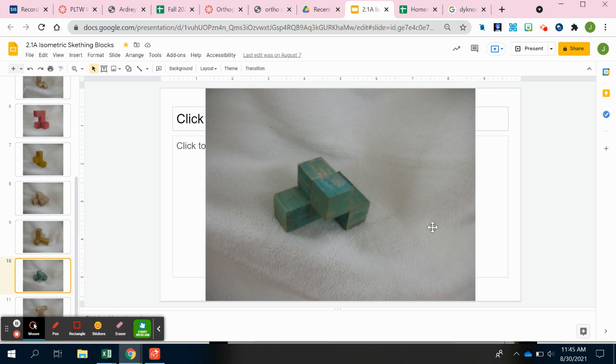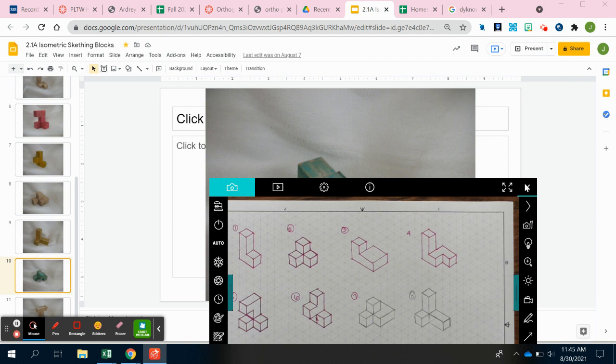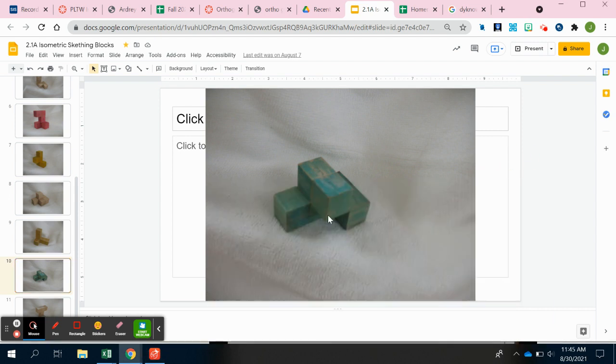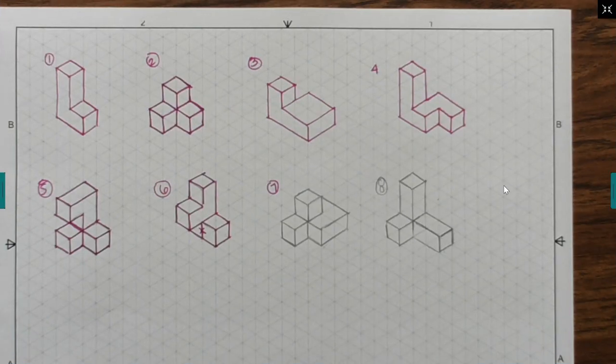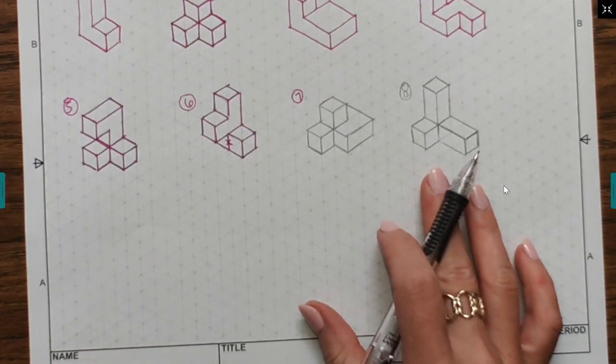9 looks like this. 9's a lot more complex. It looks like an L, but the L is laying flat now. So we would probably be best served to start with this L. You could draw it from the top view and create more in less steps. So let's try that. Again, another perspective to look at it from. Let's have a look at those dimensions one time. 3 by 2. So let's start number 9 from the top